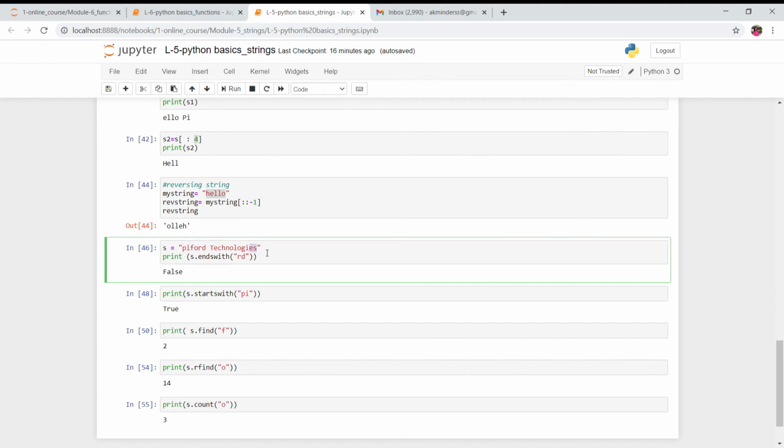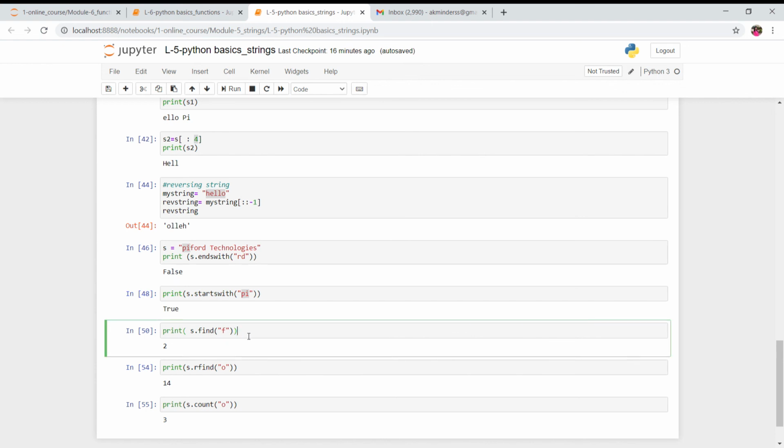No, our string is not ending with RD, so it will give you a false output. In the same way, like ends with, we have starts with. Here we want to know whether our string is starting with PI. Yes, our string is starting with PI, so this will return the output as true.